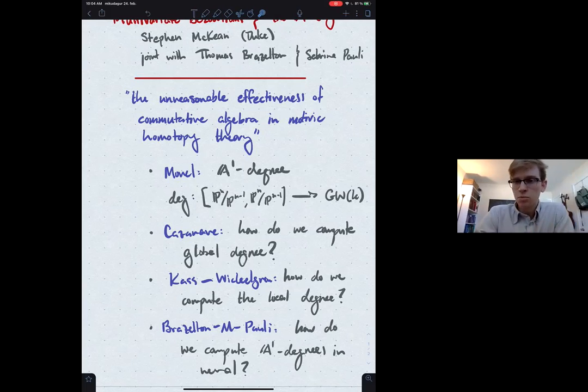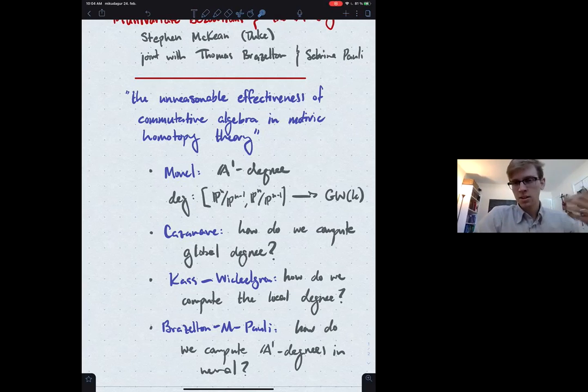But again, there are some restrictions on what you can do there. You have to worry about the residue field of a point at which you're working. If it's not a separable extension, then maybe you run into issues with your transfers, and there are some details there to worry about. And another difficulty is if you want to compute the global degree, you have to compute all this local information. We'd like to bypass that and have a way of computing the global degree in one fell swoop.